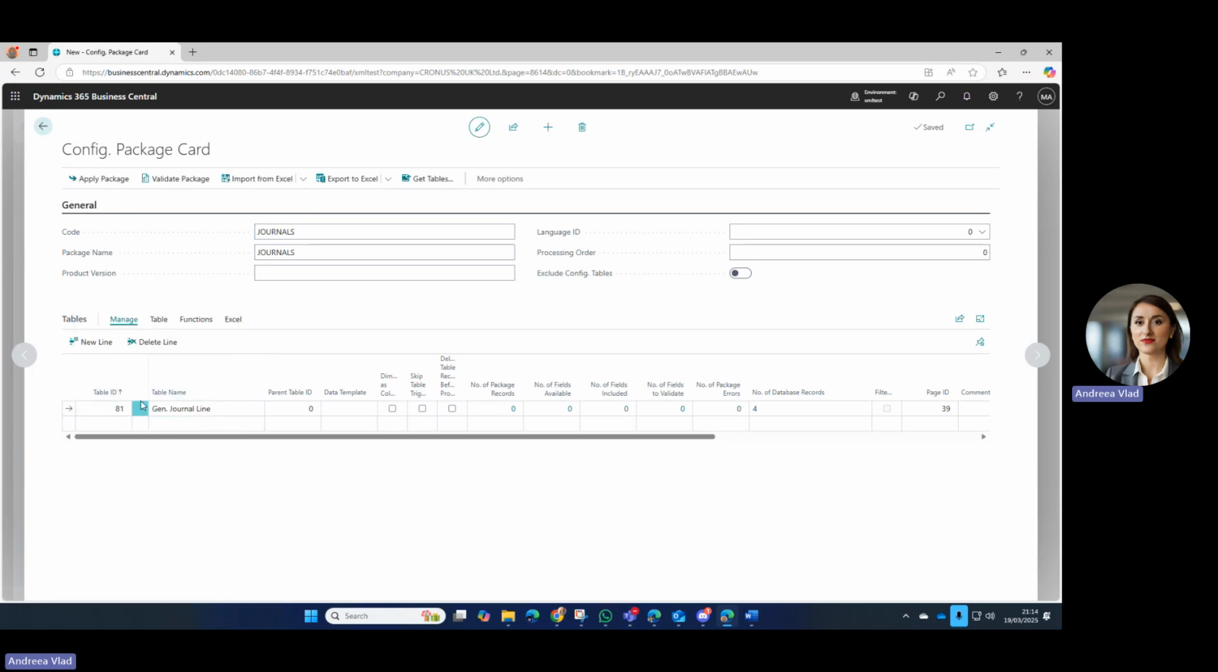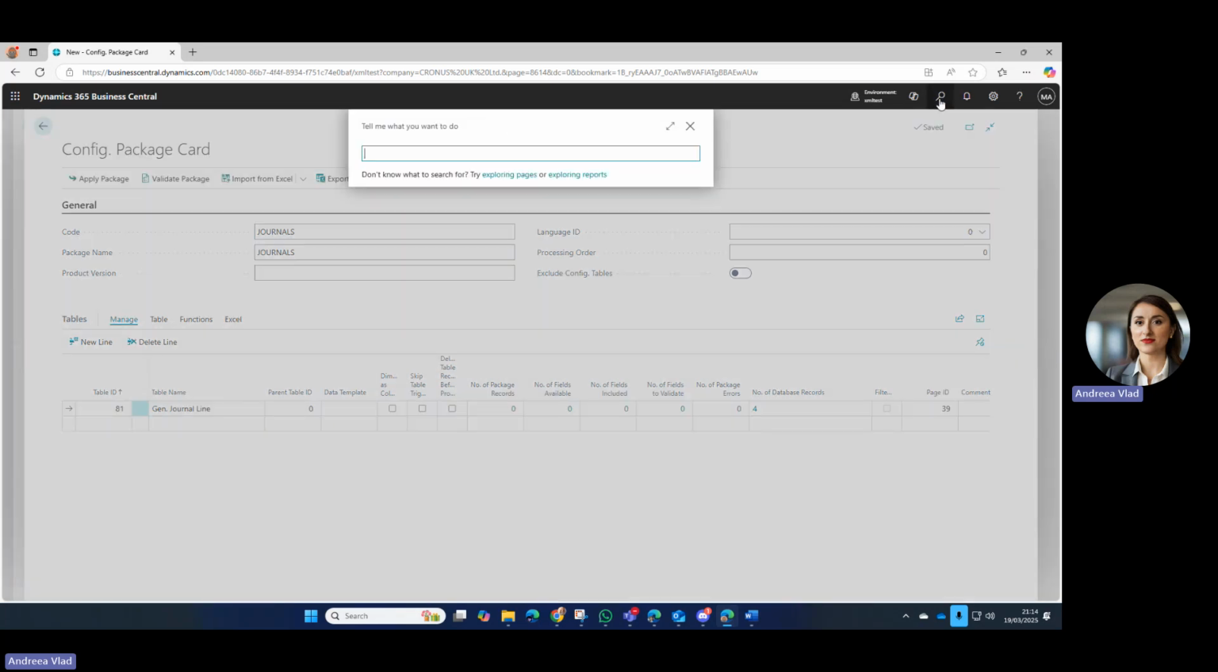Now, if I'm going to export this out, for the time being, I'm not going to be bothered about the number of fields available and included. If I'm going to export this out, be aware that it's going to export out all the batches, all the journals that I've got in Business Central, and that might not be what I actually need. So to prove that, let's start by doing